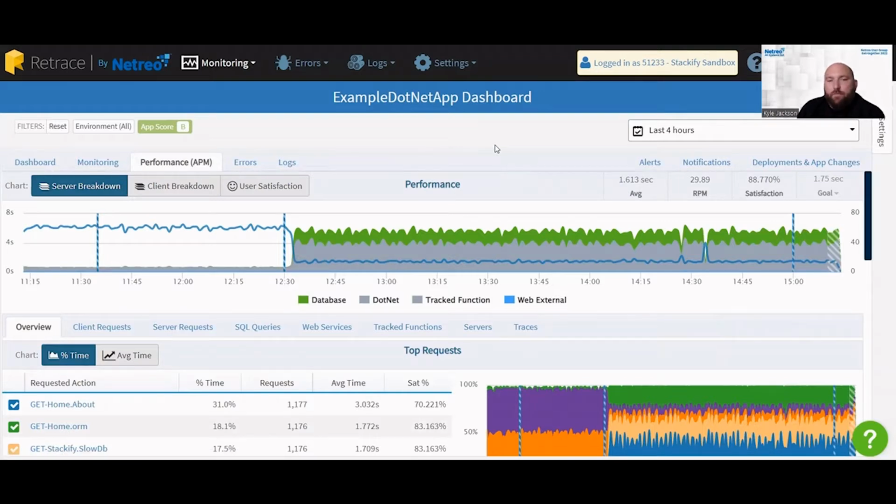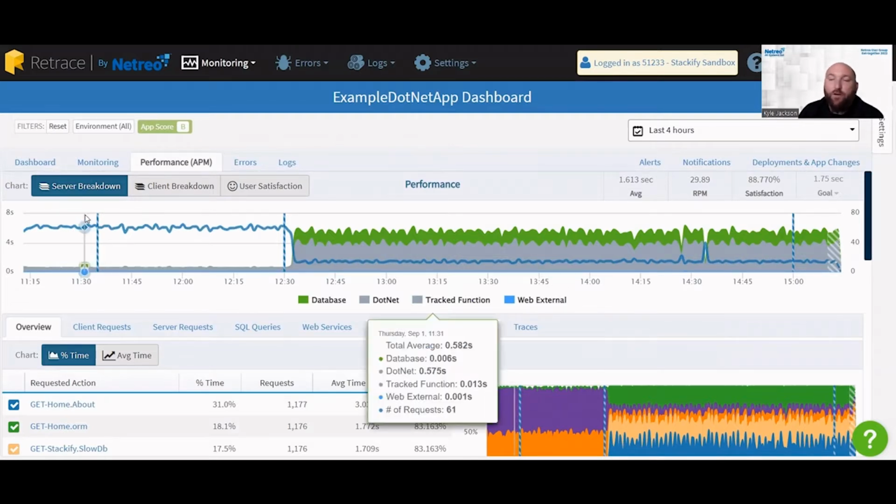Now, the APM tab is going to have some different information reported throughout it. First, the charts that we see. The first chart is a server breakdown. This is just a breakdown of the different parts that occurred on the server side of the request when a request was made to your application's endpoint. This is going to be for items such as SQL timings, .NET code timings, any tracked functions that you've added to your code using the Retrace documentation, and then any external web service calls. All of these pieces of information are going to be